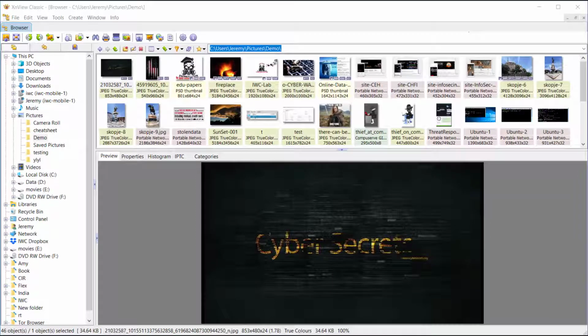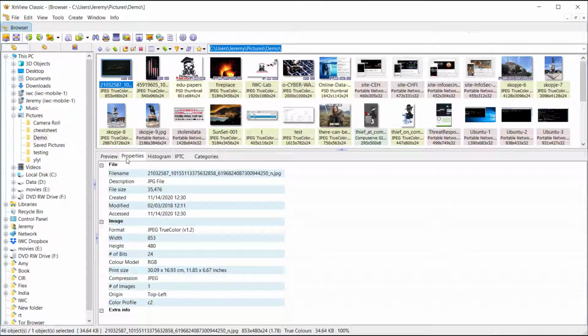Good morning. Today we're going to talk about a tool called XnView. XnView is actually a pretty interesting tool and very useful when doing any sort of image analysis, graphic image analysis. For example, right now we have a picture highlighted up on top, and this is the good old Cyber Secrets logo. So here we have the properties, and the properties are going to be part of the meta information of